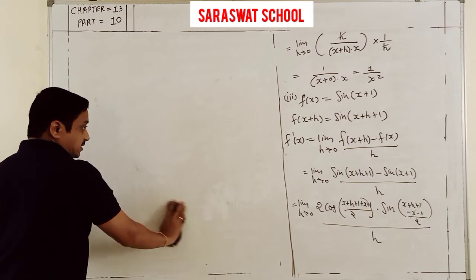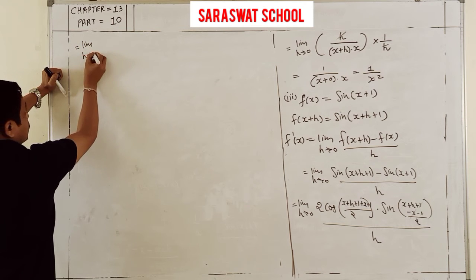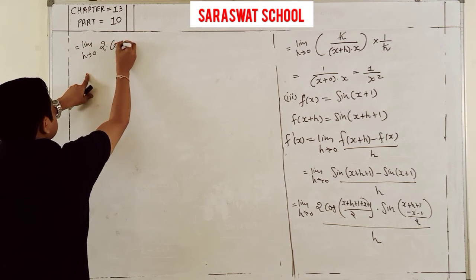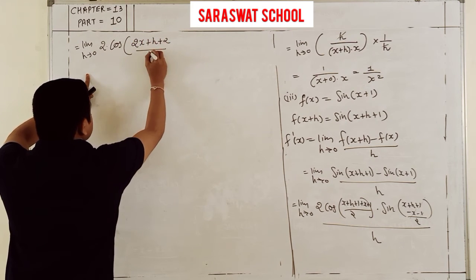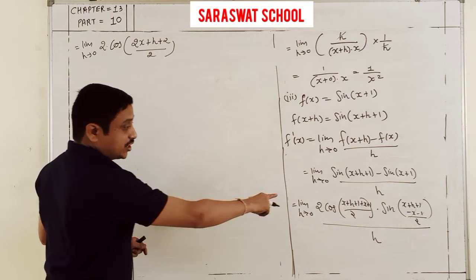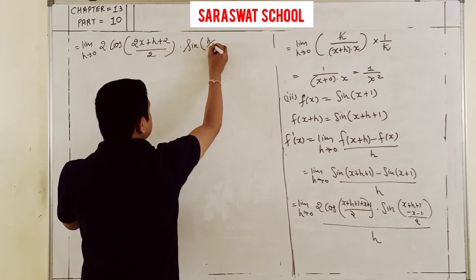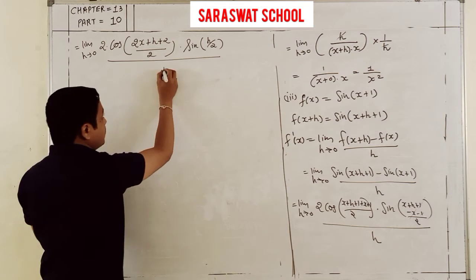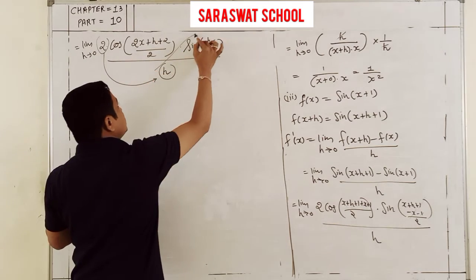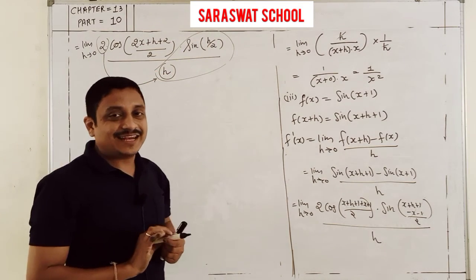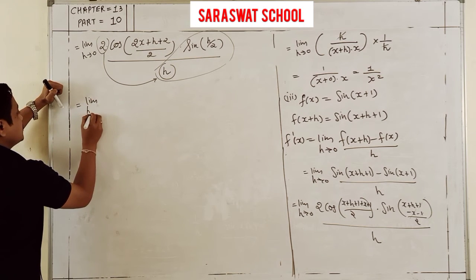So you will write your answer in the form of limit h tends to 0, 2 into cos of (x plus h plus x plus 2 by 2), and remaining sine, 1 and 1 cancel, h by 2 upon h. So 2 divided by that, and arrange in this form. It is sin h by 2 and h by 2 one. So you have to only take limit h by 2 tends to 0,